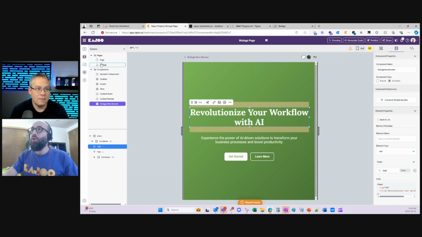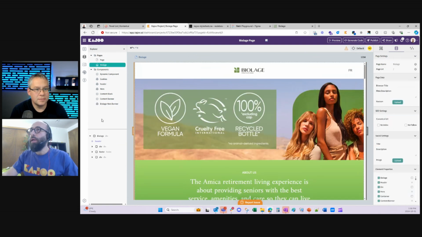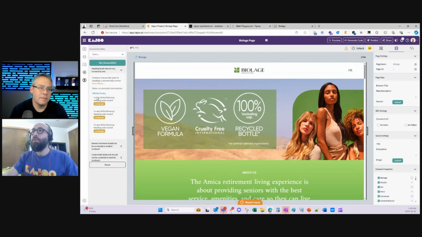Accessibility is definitely always something we all care about, especially on the enterprise level. And we have this very exciting accessibility checker built in. So you can check here for this page that I converted. You can check for accessibility issues, and it will give you the issues on the page, and you can fix them visually as well. So here it says there's 3 moderate issues related to heading order.